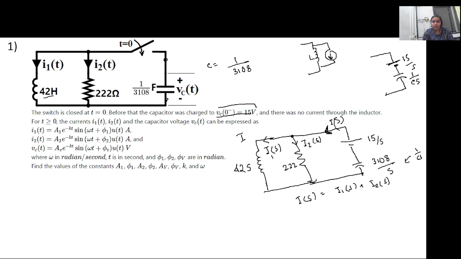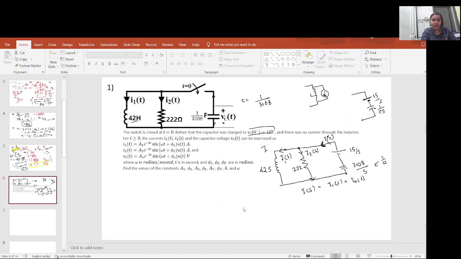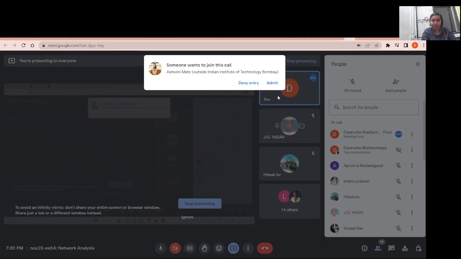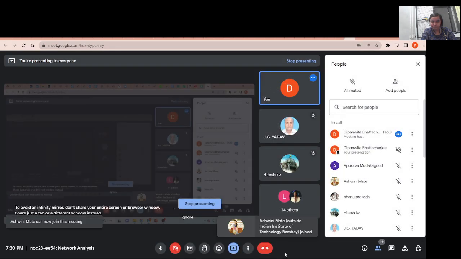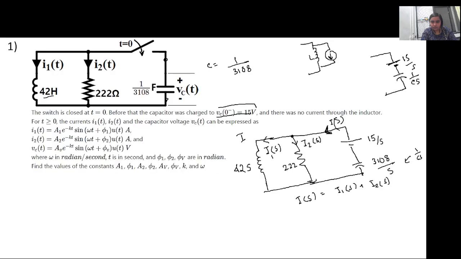So we can either apply loop analysis here, or the best option would be to simplify the circuit. Since we are using the frequency domain, why not simplify the circuit, figure out I(S), and then figure out the contribution of I1 and I2. So let's start, let's simplify the circuit further. So these two branches are connected in parallel. So the net Z that we have,